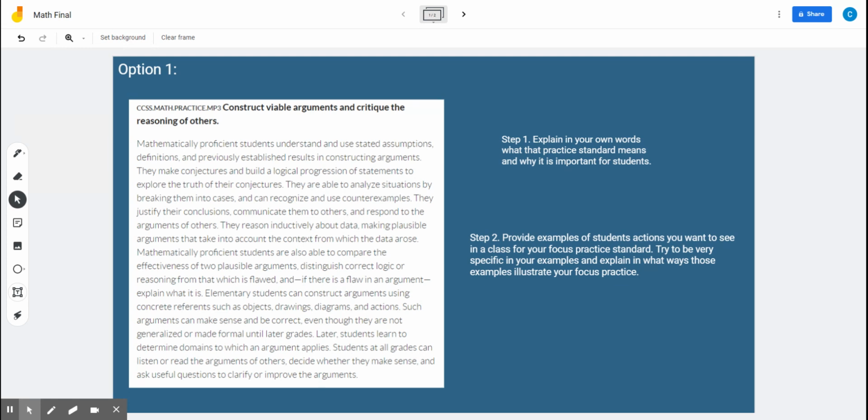So the reason I feel that this is important to all students is because it is important for students to understand how they arrived at an answer. They may have the correct answer, but if they don't know how they got to that point, then it's going to be extremely hard for these students to grasp the concept of the mathematical practice that is being taught to them. So I feel that it is very important for students to look at their own work and explain why